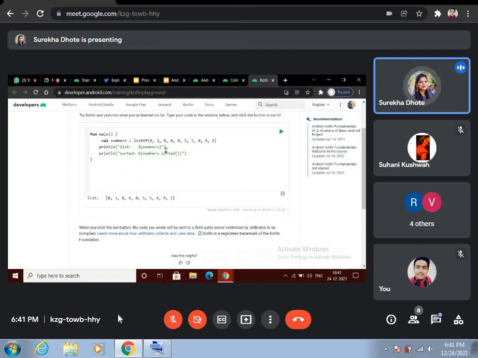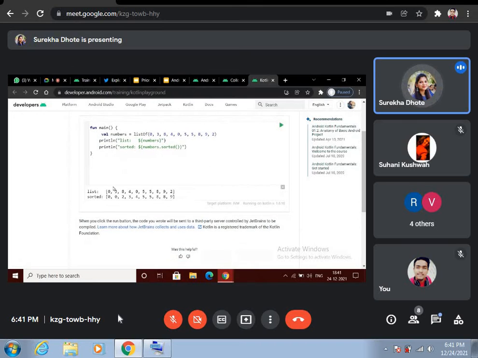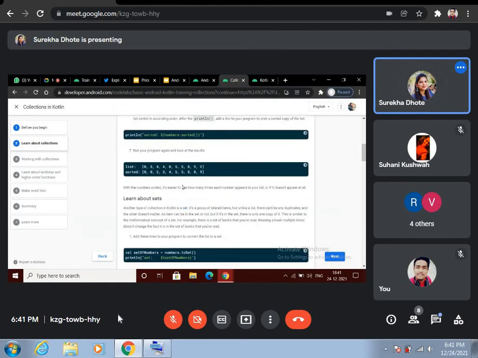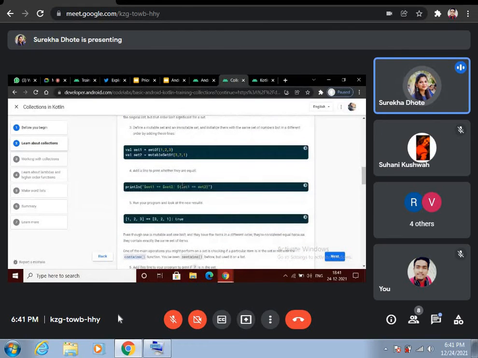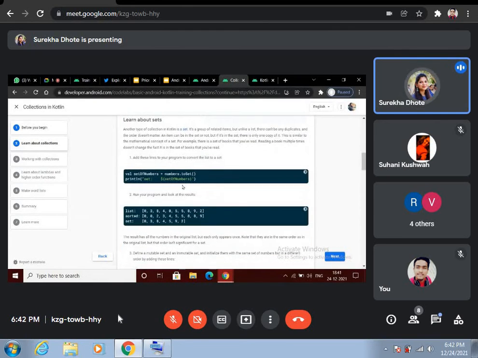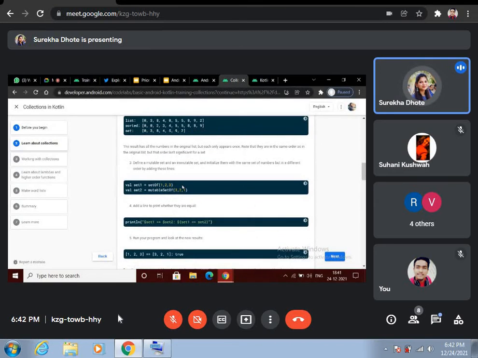We are using the sorted function, and we will be able to see our sorted list. I already told in the very first session that we use the $ sign with curly braces to print the value of our variable. So in this example, we learned how we can sort a simple list.